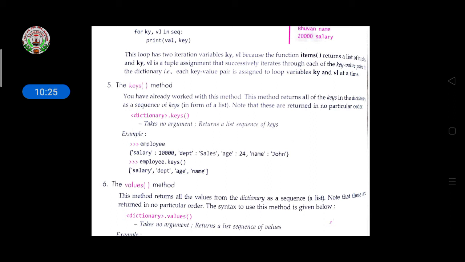You have already worked with this method. It returns all the keys in the dictionary as a sequence in the form of a list. Note that these are written in no particular order. So if you give the dictionary name dot keys, it will return all the keys as a list in sequence.